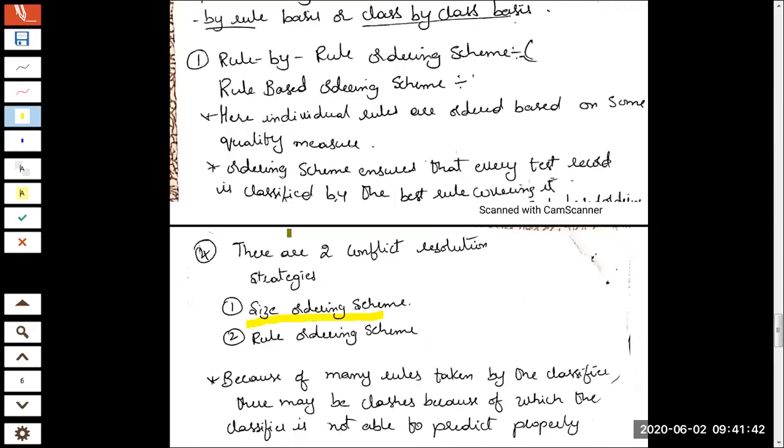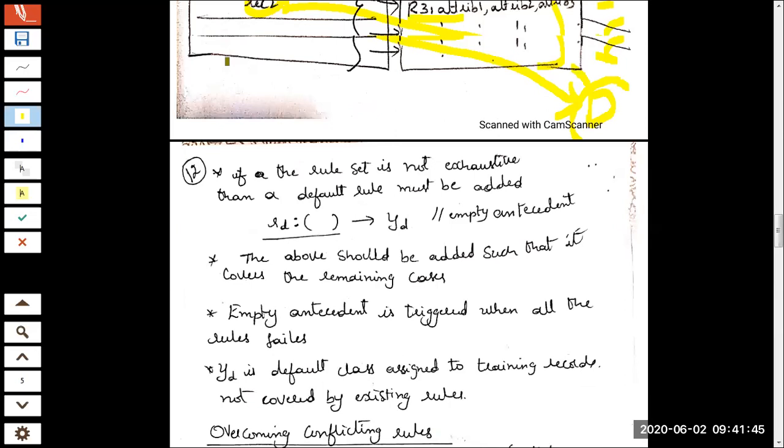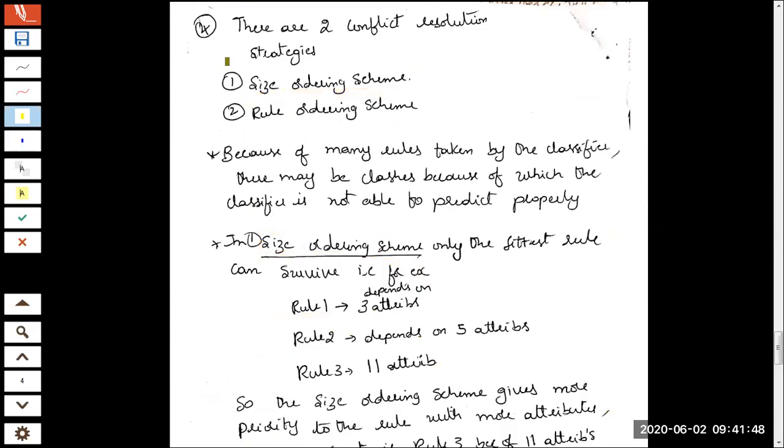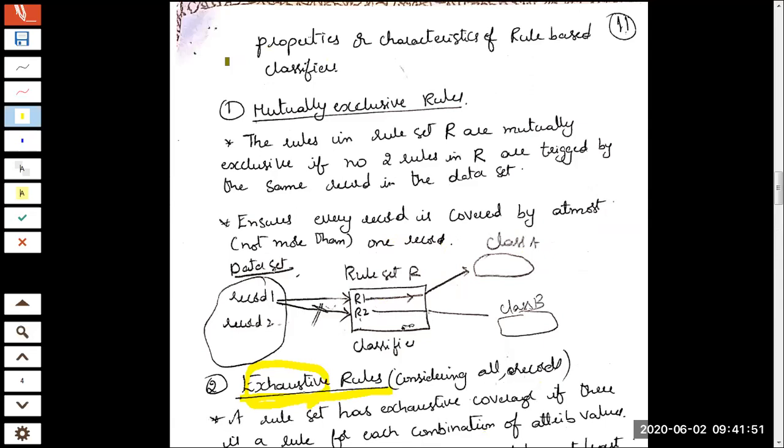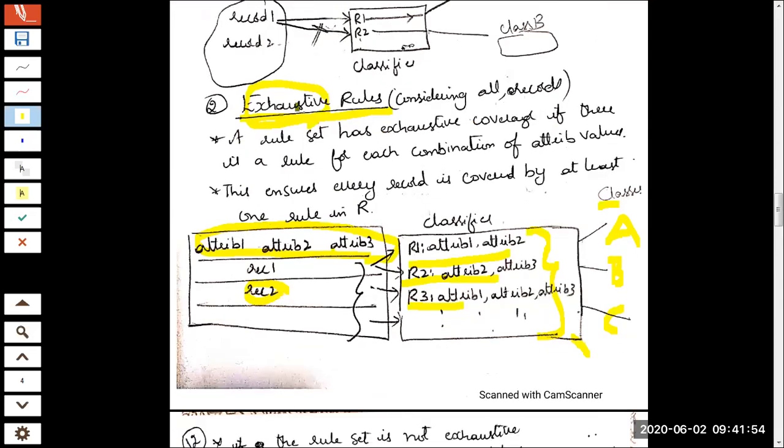For example, if you go back here, just to avoid confusion, I'm going back. Here you can see in this example, rule 1. How many attributes are associated with rule 1? It is 2. How many attributes are associated with rule 2? Once again, it is 2. How many attributes are associated with rule 3? It is 3. Now, in this specific example, which rule is using the highest number of attributes? It is rule 3. Try to think along these lines.